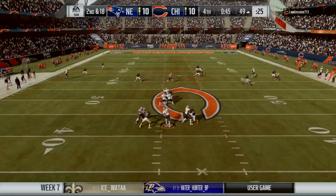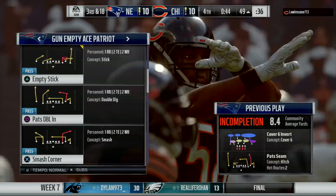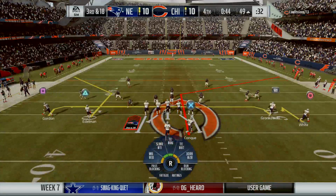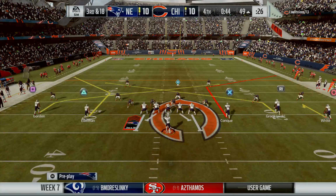Brady to throw. And a hit jarred it loose. It's incomplete. Now we're in the situation where the quarterback's got to take full charge of his huddle. Got to totally command it, make sure all eyes are on him. All focus is locked in. Going to call multiple plays and go over different situations and scenarios to make sure everyone is on the same